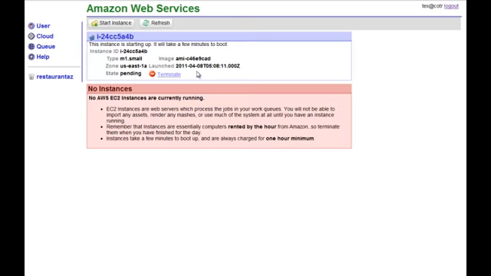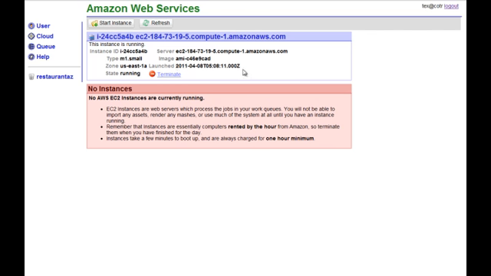And then we sit here and wait for it to start up, and this will change once that's happened. Okay, and there it is running. That took about 2 minutes to get started for a small instance. This instance is running. Shows the instance ID, the server you're on, the image that we're using, the type and the zone and when you launched it,